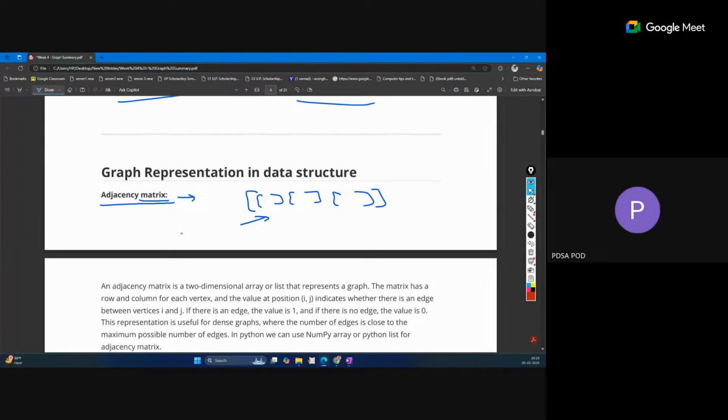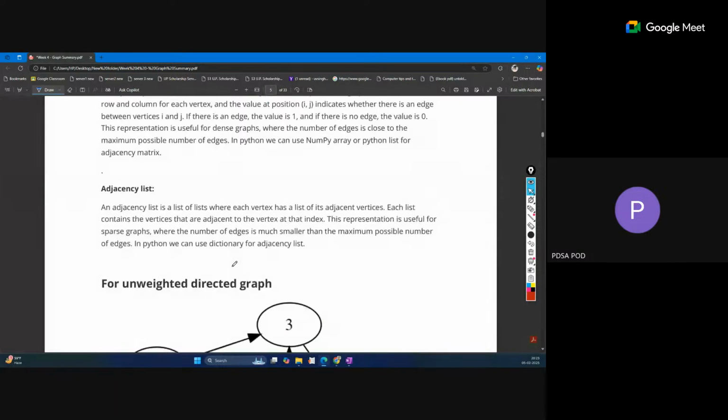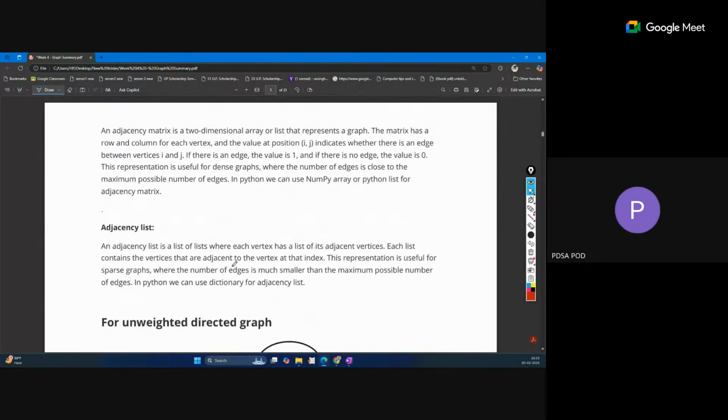Otherwise, you can also use a NumPy 2D array. The professor has used this 2D array in the lectures as well. Another form is the adjacency matrix, and then the adjacency list. Conceptually, the adjacency list is a type of linked list, where for each vertex, suppose we have a graph like